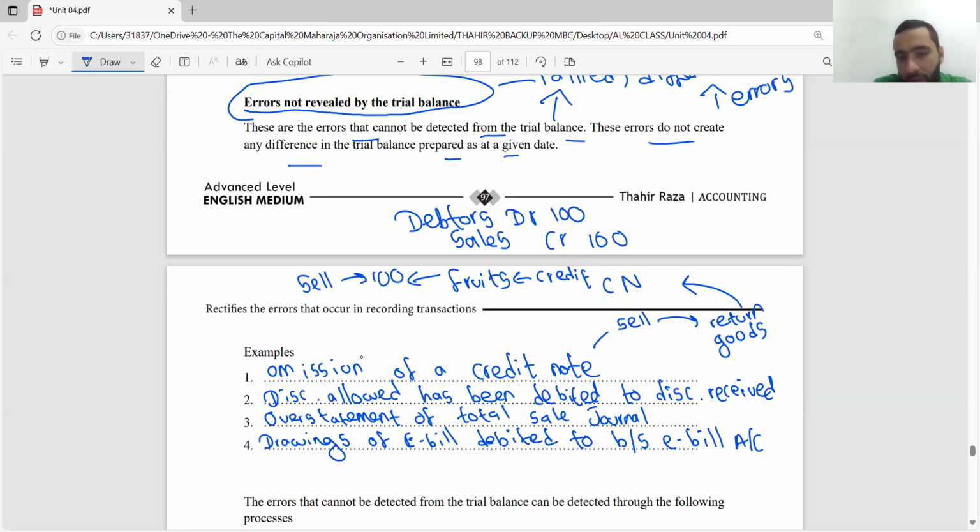You sell 100 rupees worth of fruits on credit. Right? So your debtors are going up. It's an asset. That is why debtors are debit. Sales is an income and it is credit. Right? Now for credit note,